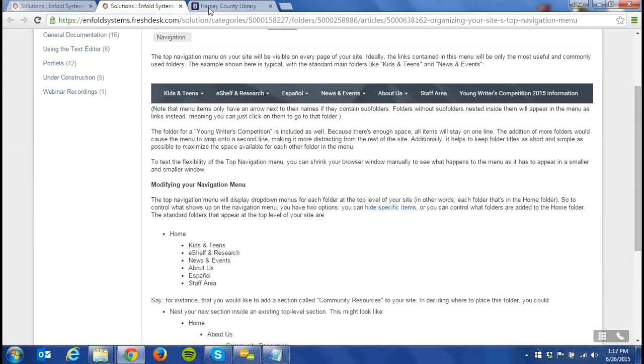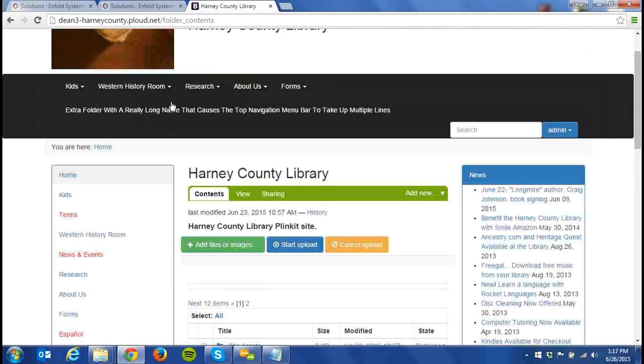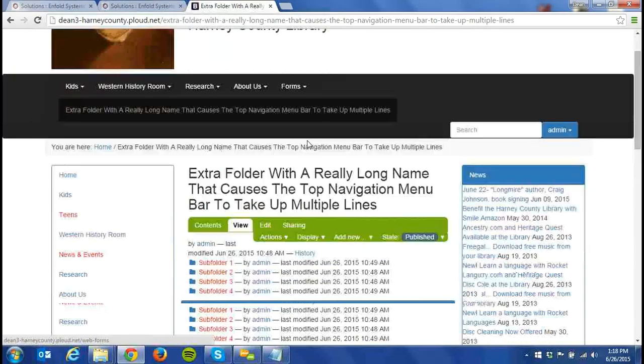So we have a few options if we want to take this extra folder with a really long name out of our top navigation. We don't want it to show up there, because the navigation section will keep expanding the more folders we add, and we don't want it to take up too much room on the screen. So I can click on that to go to it, and then I can